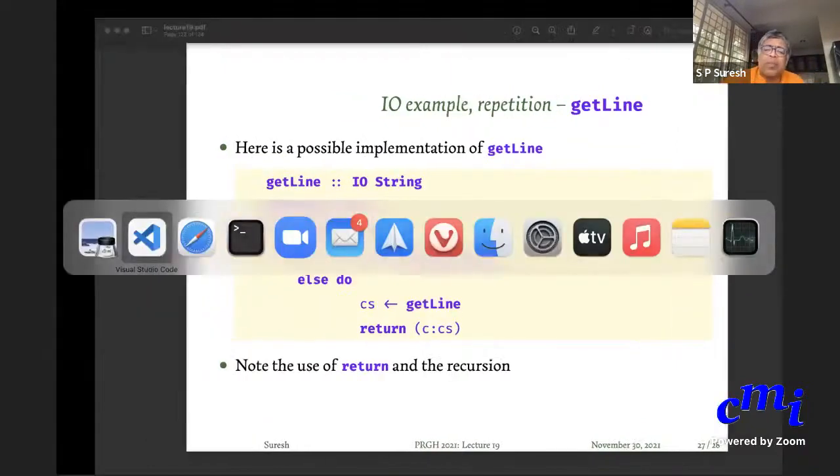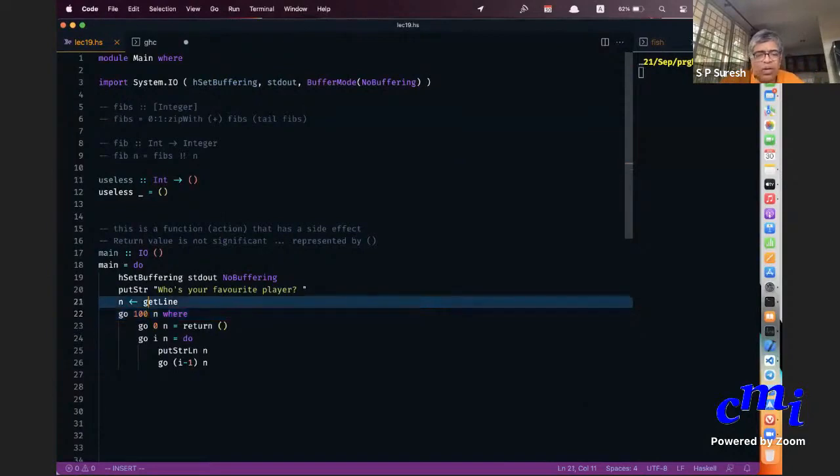So here, for instance, I can implement getLine using getChar. And that is how I do it.